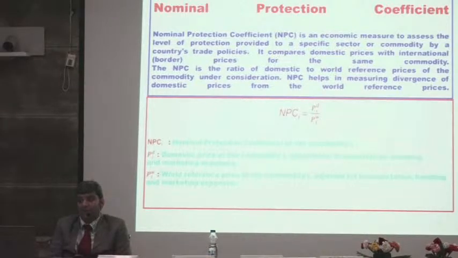In our measure, NPC is the nominal protection coefficient, i is the ith commodity, and P is price. PD is the domestic price, and PW is the world reference price. We take the ratio of the domestic price to the world reference price. If domestic prices are higher than the world reference prices, the prices at which we can import,